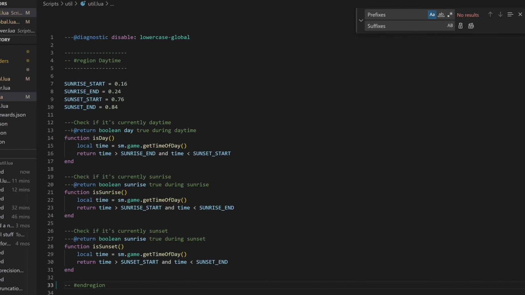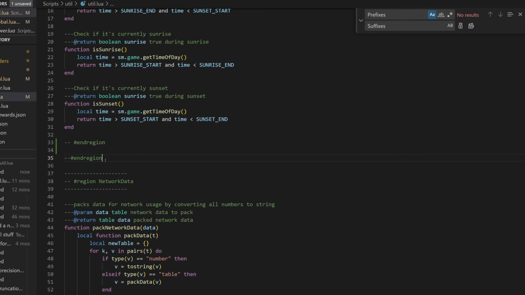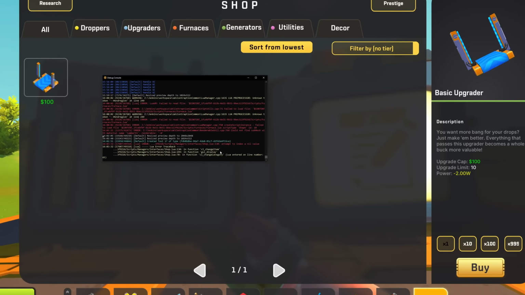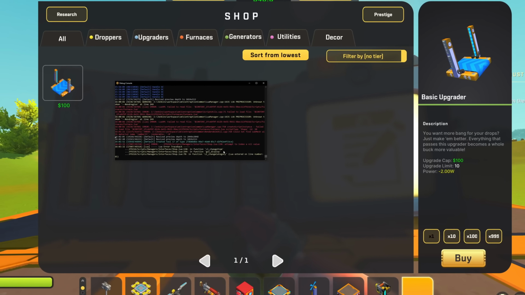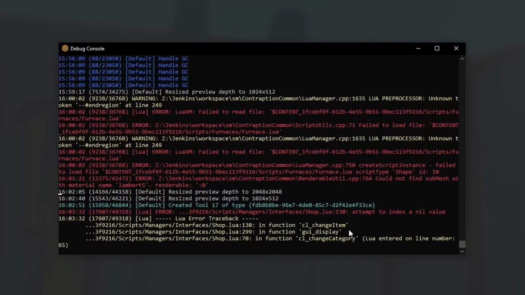So you see, I can add these regions to a file. If I want to type end region, for example, VS Code suggests writing it like this, and this causes the file to not be able to be loaded. And I thought because this is a comment, it just doesn't matter, but I've been refactoring this so much, working on this so much. I just want to finally add new features to the thing, but stuff keeps breaking.